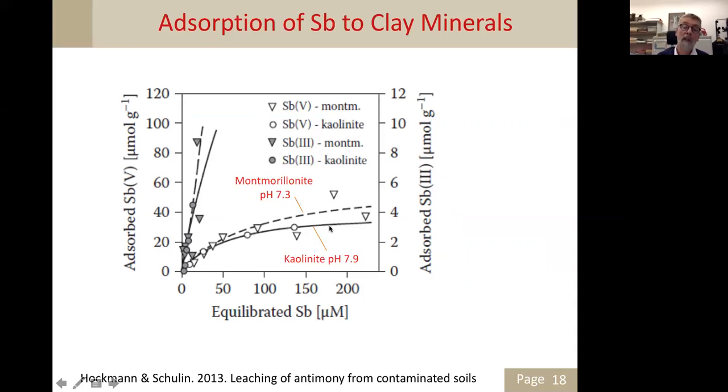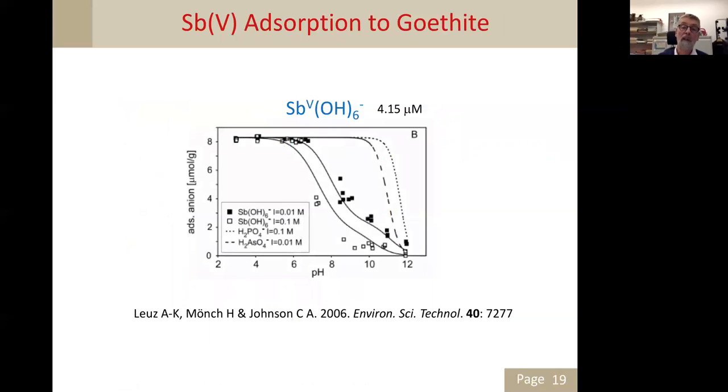And what we see is, if you relate this, the two antimony species are not so different, especially at the lower pH of montmorillonite. We would see a little bit larger difference for the kaolinite. And what we could see, if we had the data on the same scale for different pH, is that we have lower adsorption for the higher pH. But this comes out clearer here.